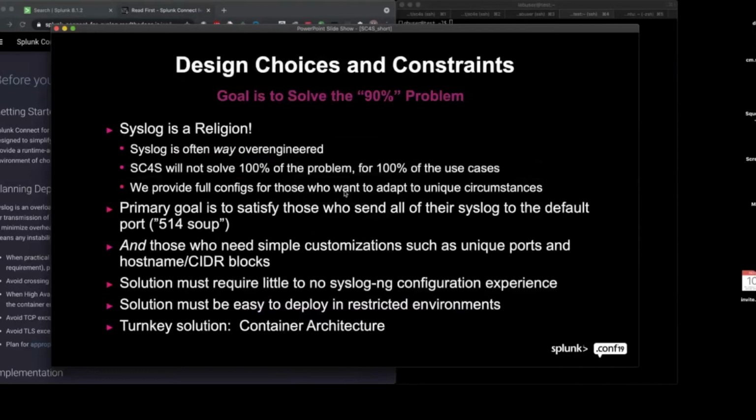So some of the choices we made when we were designing SC4S is we realized that Syslog is a religion. And in many cases, it's way over-engineered. And probably the number one way it's over-engineered is the attempt at high availability. And that is something that is, again, ameliorated by pushing the collector out to the edge and realizing that